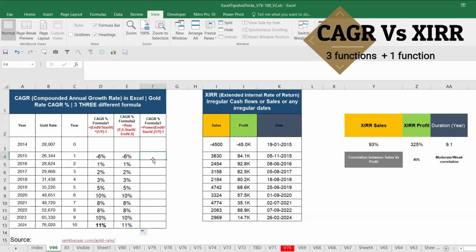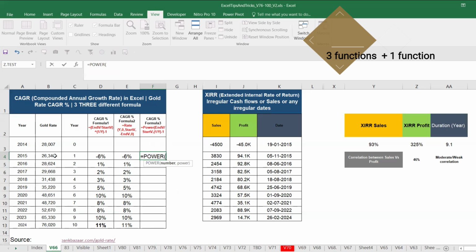But one more thing, which is very straightforward and easy in Excel, is the POWER function. You can apply POWER with number and power, and easily we can differentiate. What is the number? Again the n value, starting with the n value divided by the starting value. The starting value is going to be constant for us in this case, so we'll give F4,